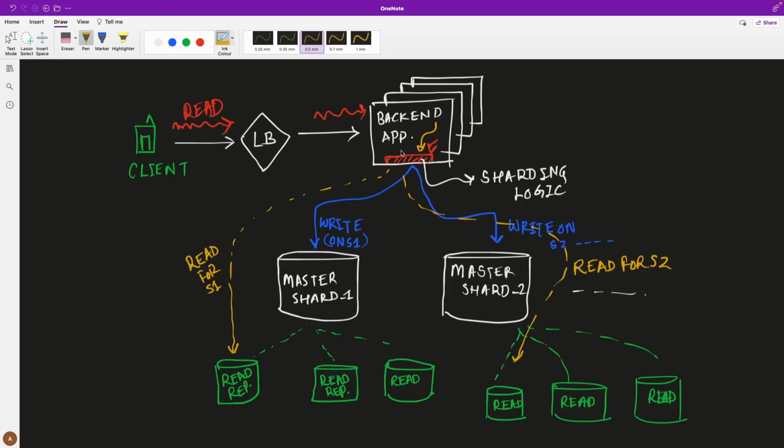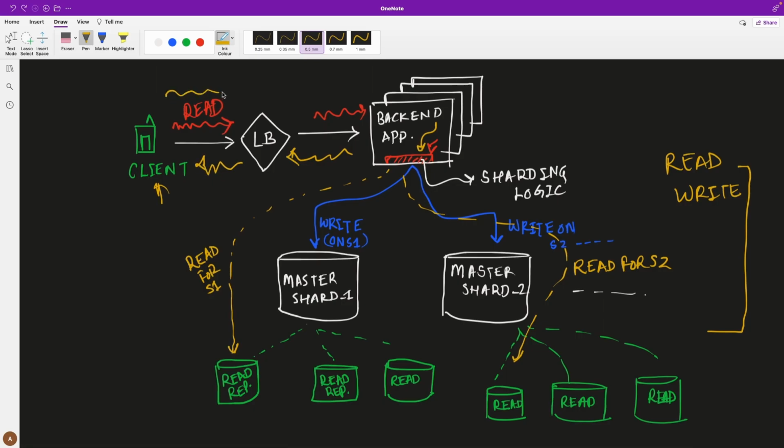Since it's a read request, let's say this is ID 1 that the user is trying to fetch. So this is not the user, it's the client, right? The client is trying to fetch the data for ID equal to 1. Now we kept the behavior for this architecture like the architecture we had before, where we split the read request and the write request, and all the writes go through the leader node or the master node, and all the reads will go through the read replicas. So when we are reading, we fetch the data from the read replicas and return the response back to our clients.